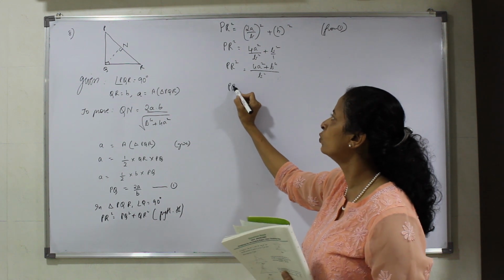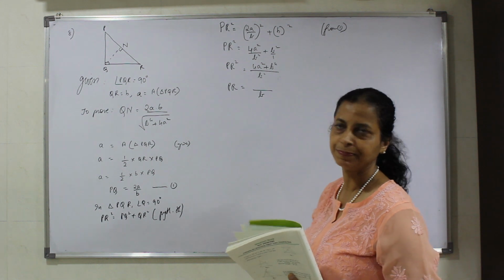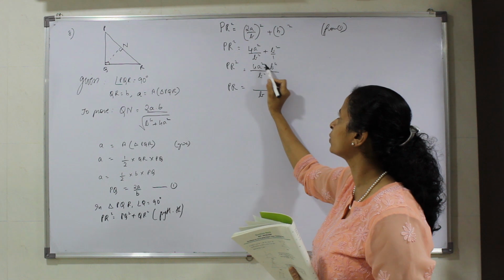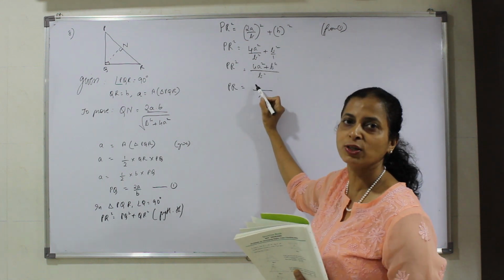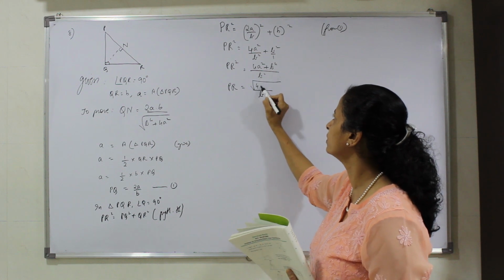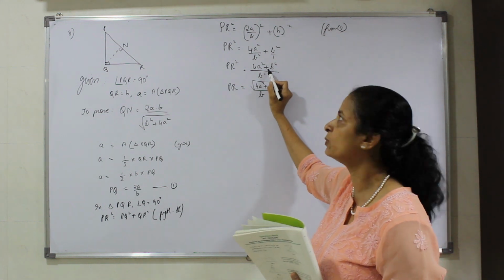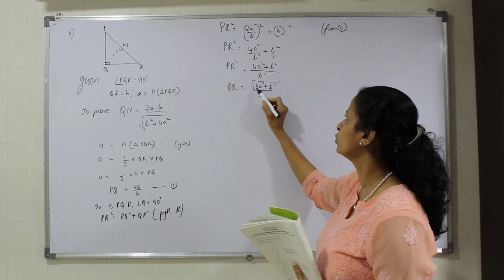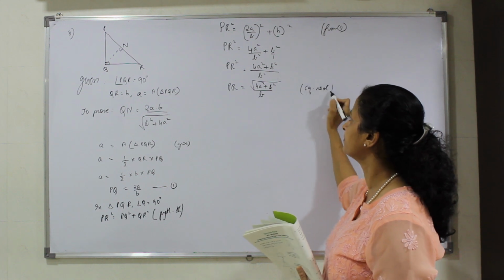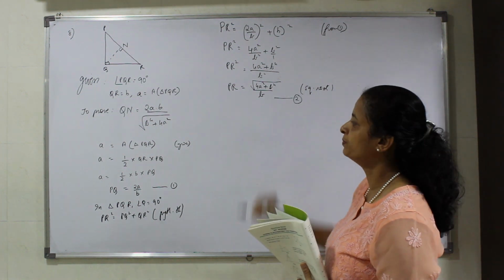If I take out the square root and come to PR, the b square comes down as b. But the common mistake students make is 4a square plus b raised to 4. It does not come down as 2a square plus b raised to b square. It comes as a whole square root of 4a square plus b raised to 4. This is an addition in between, not a multiplication. And so you have to do the whole square root. The reason being, they're taking out the square root on both the sides. So let us leave this information as equation number 2.